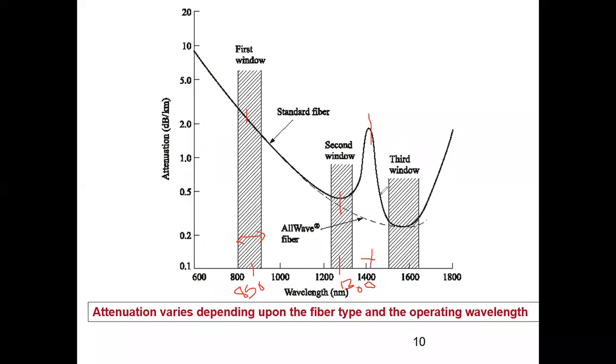Okay, it was decreasing, and again they found out that at 1550 nanometer, that is my third window, I have less losses. So at 1550 it was the least loss. After that, if I increase the wavelength, one feels that losses will reduce further. No, you can see the losses again increased. Due to this nature of the attenuation, from the testing that all the scientists and researchers have done, it was found that at the first window, second window, third window, I have the least losses.